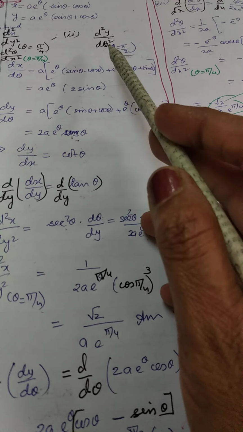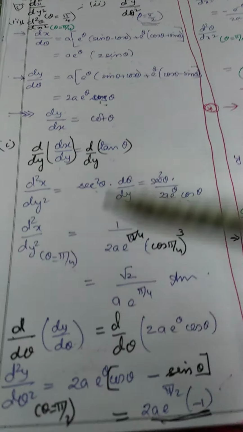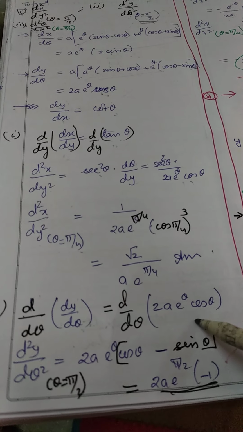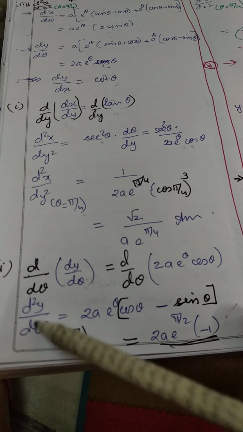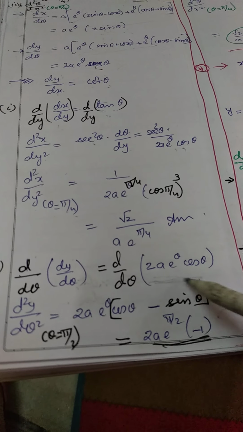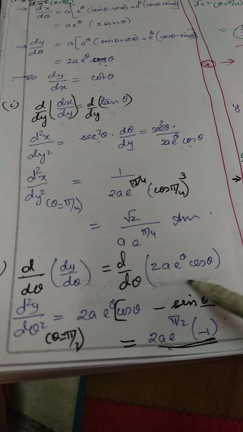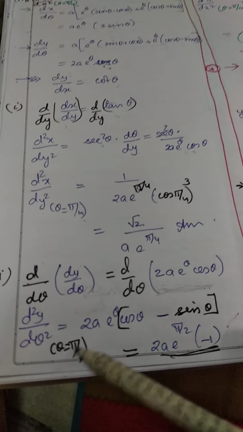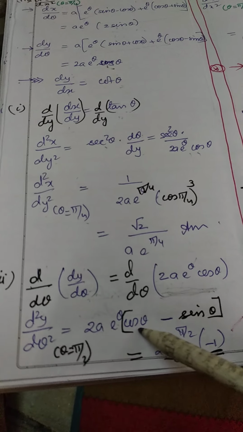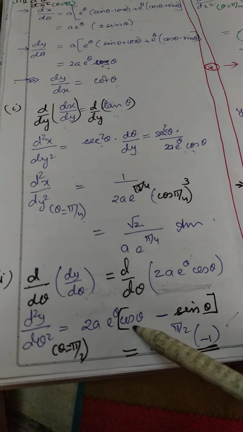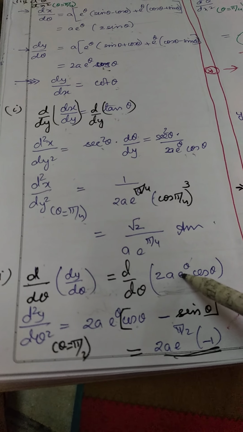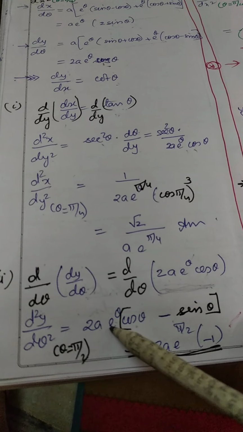Likewise, the next question says d2y/dθ², which is the second derivative of dy/dθ with respect to θ. Now here, this is already a function of θ, so we are just differentiating this as such. Once again, this is to be differentiated. For that, I have taken 2a common. Here e to the power θ is differentiated, cos θ is a constant, and then the derivative of cos θ is minus sin θ, also having e to the power θ as the first expression. So I have taken it as a common factor.